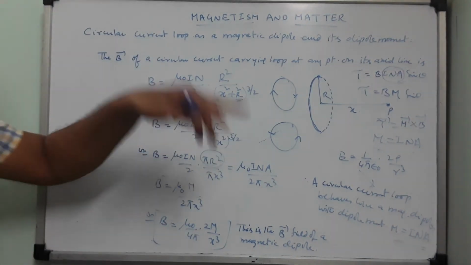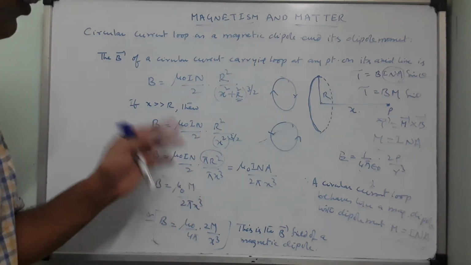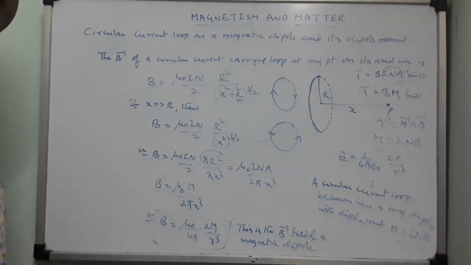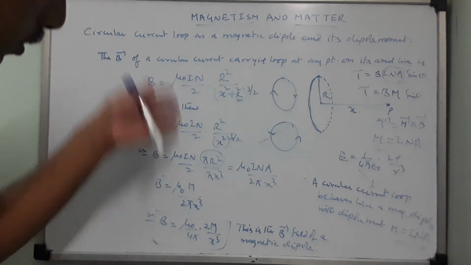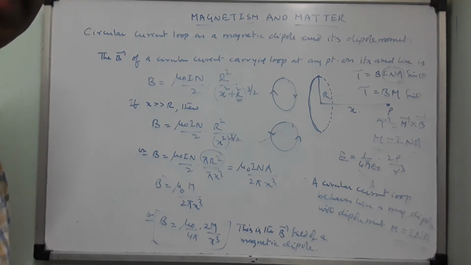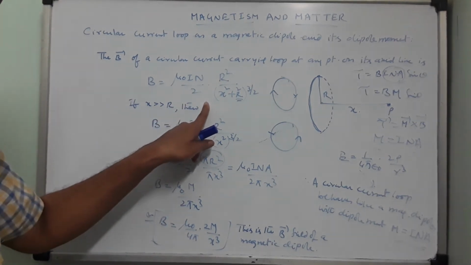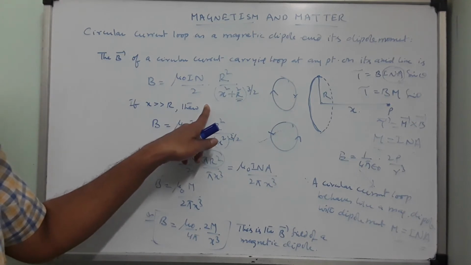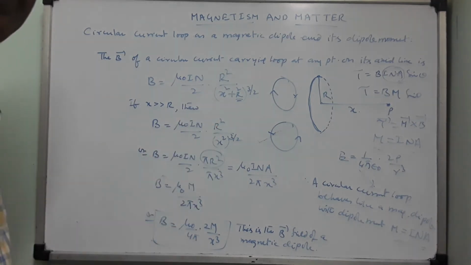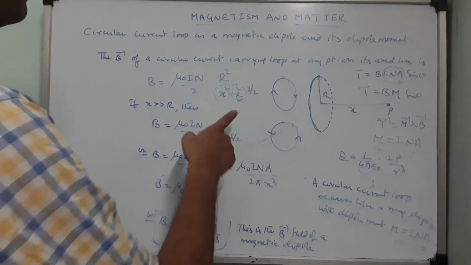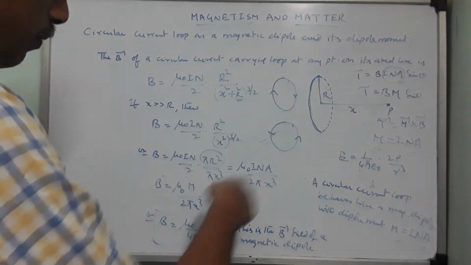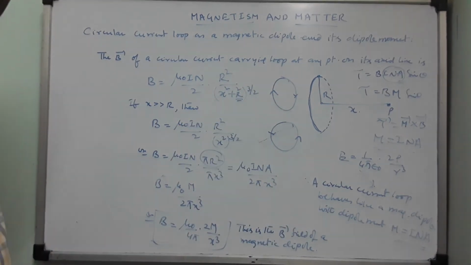So simple. Only the problem is you should recall this expression in the examination. Show that a circular current carrying loop behaves like a magnetic dipole. Means this you have to do. For this, where from you begin? You begin from this only. So you should have practiced this many times in order to recall it in the examination. Only thing is, this are making x 0 or can be made 0, and remaining things are simple manipulations.